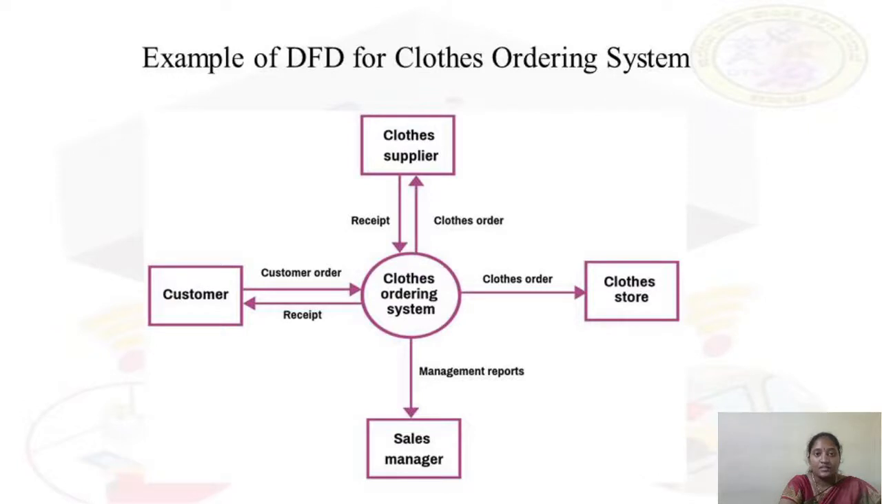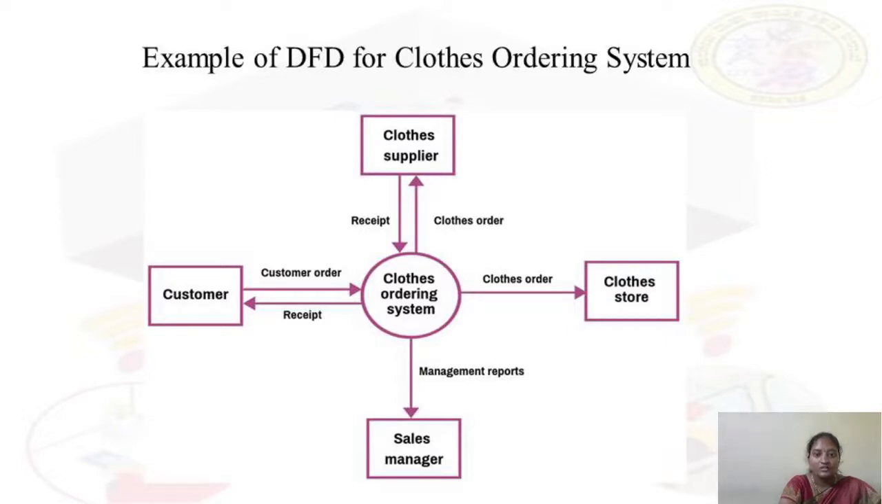This is another example of DFD which is used for clothes ordering system. Students, now you can be able to identify which are the process and source or sink and data flow. I told you that process is represented by a circle. So how many processes are there? There is only one process, that is clothes ordering system, and there are 4 external entities or source or sink